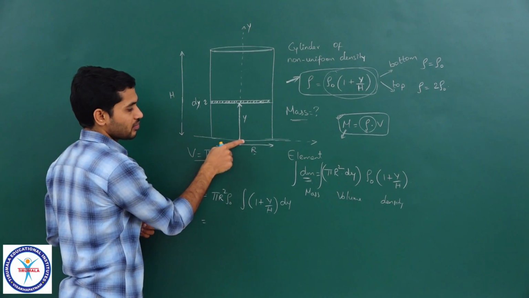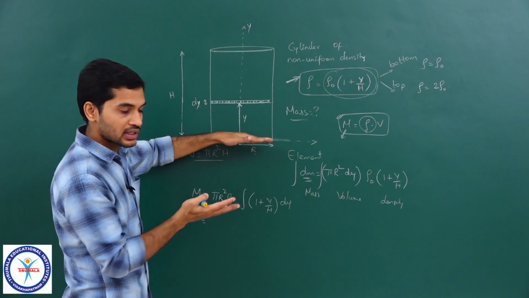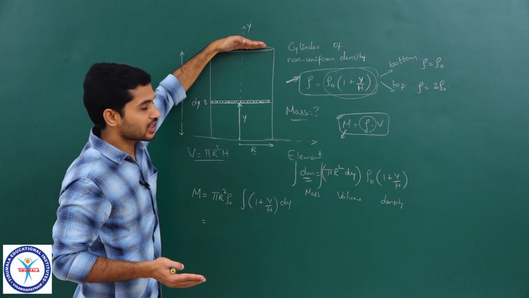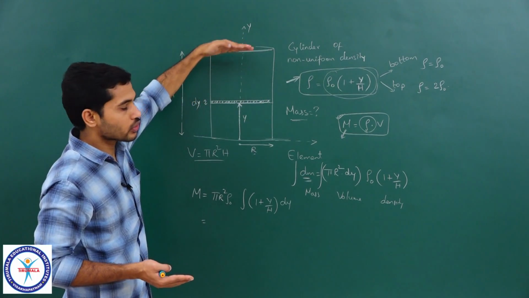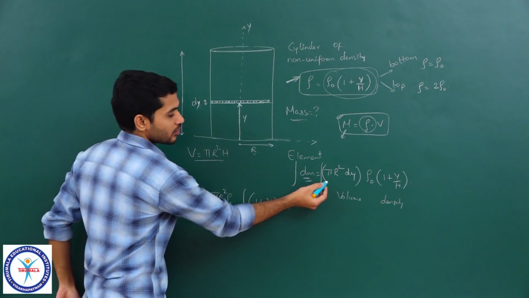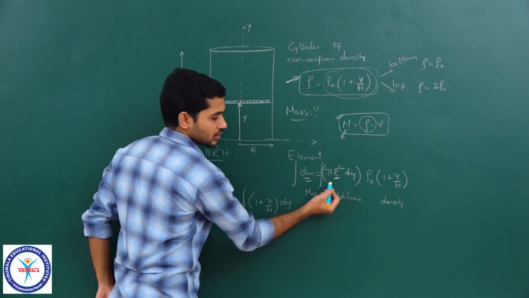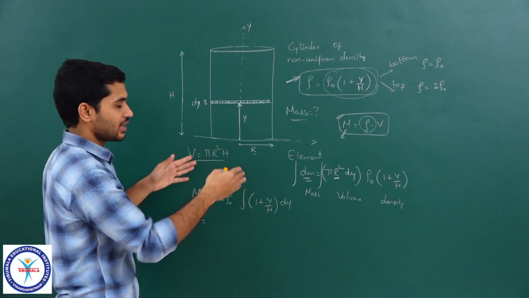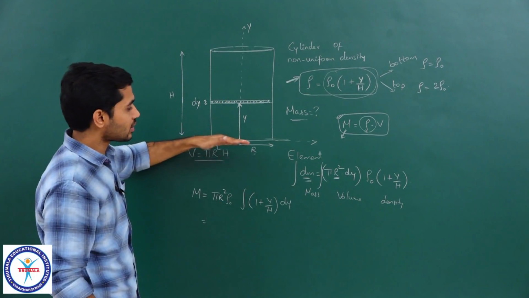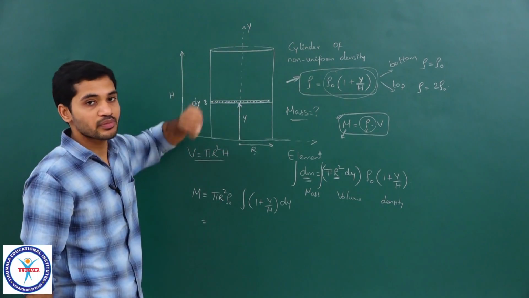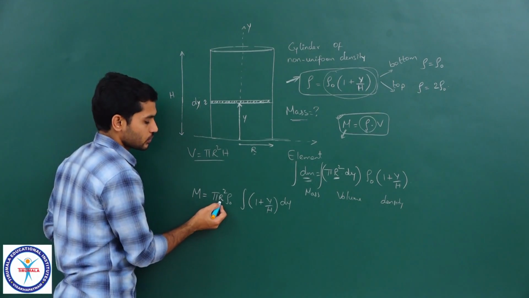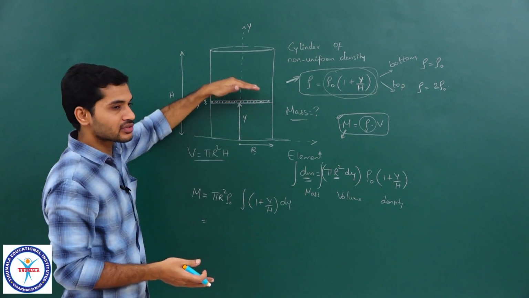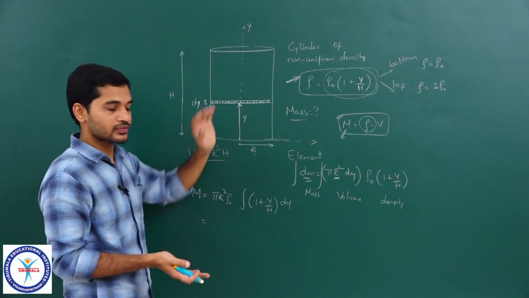Y varies from this level. I have to start the cylinders from the lowermost level till this level. So many such cylinders, one upon the other, of the same radius. Remember that the radius is constant here. That's why I brought it outside. So unlike the cone case where the radius was also changing, here all the cylinders have the same radius. Clear? Stacking up many of these cylinders one above the other will give me the total mass of the cylinder.